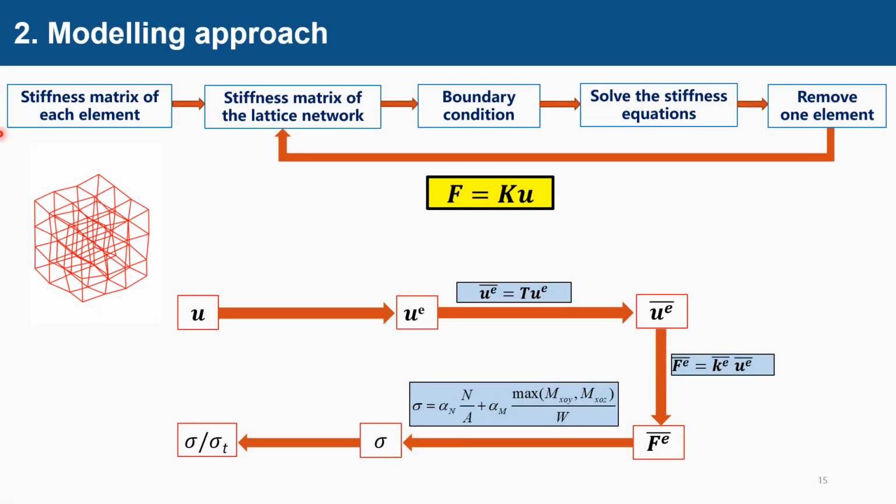When the Young's modulus of every node in the lattice network is known, you have the stiffness matrix K built. With a boundary condition applied, we work out the displacement vector U. Then you figure out the internal force of each lattice beam, and finally stress. When the stress of the beam exceeds its strength, which we just talked about, it is considered broken and removed